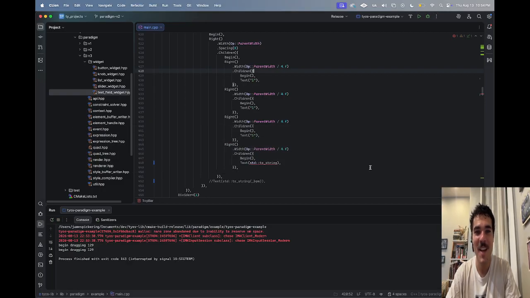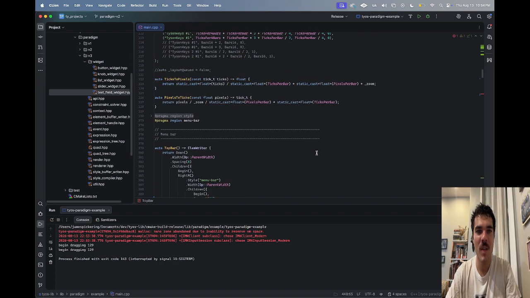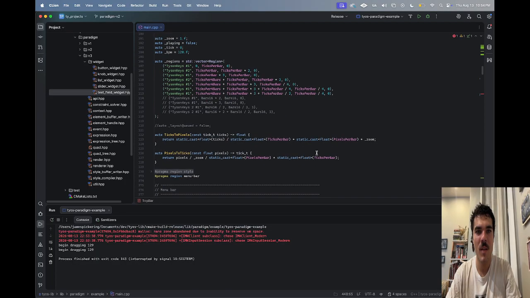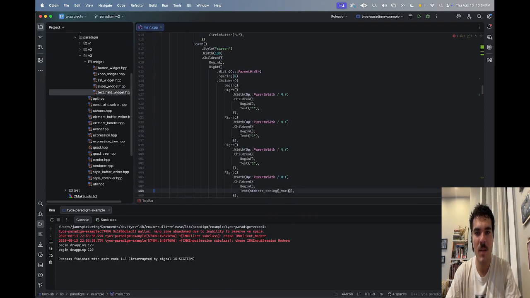Oh my goodness. Okay, so std::to_string, and then we say tick, right? And then here is tick